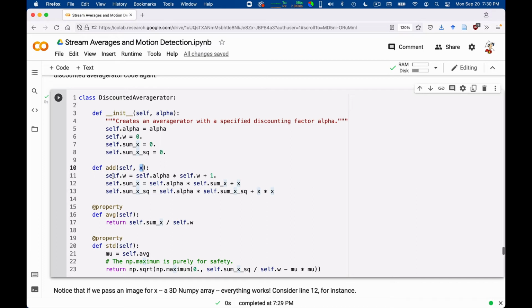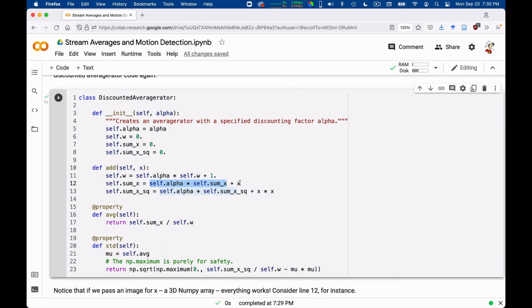What will happen? The weight update does not involve any matrix. For the sum of the x's, it will say self.alpha times self.sum of the x's. Sum of the x's initially is going to be 0, so this is just a floating point, right? This product from here to here.